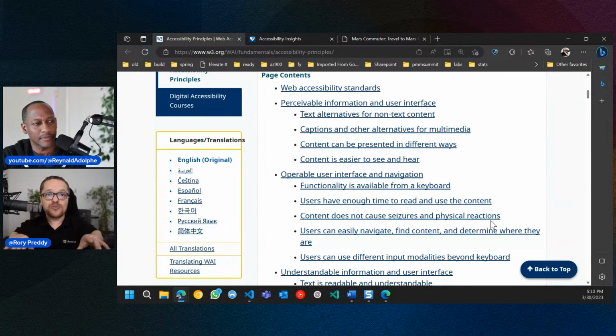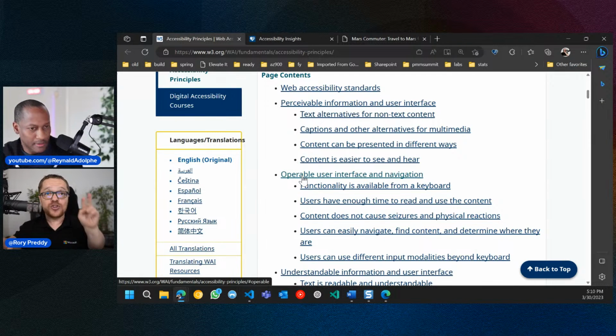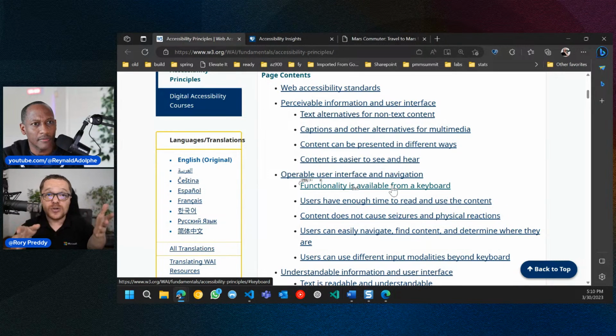And also, I can't reach my laptop or my desktop normally, so I keep them very close. I have navigable, because of dwarfism, requirements. So you want to also have navigable, which is number 2. Operable user interface and navigation. So functionality is available from a keyboard, which a lot of us overlook nowadays. Switch off your mouse and go into a website, and see exactly how you navigate. Now, Visual Studio Code, when I show you this, has some novel ways of making navigation very easy.